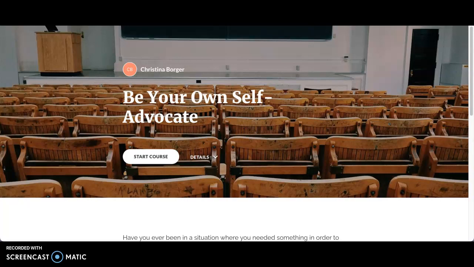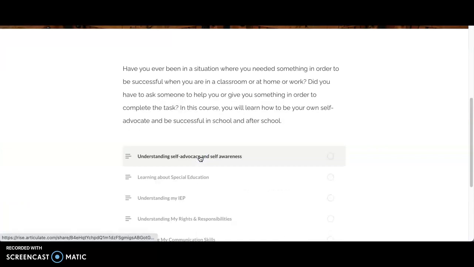student and an adult. The course will be broken into different sections that students may need to learn before being able to self-advocate. There's a list of lessons learners will complete. There are some lessons learners have to do first, but then can move to sections that they need.